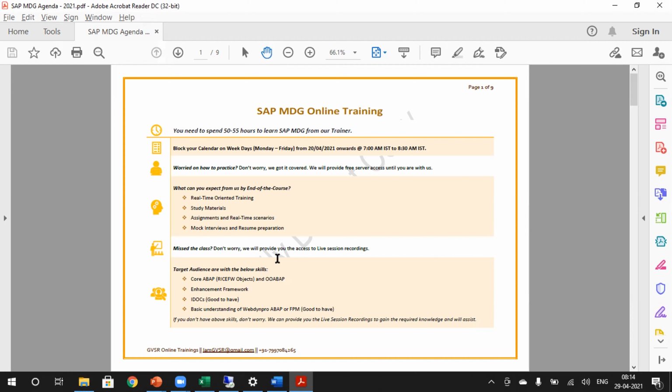So we'll be having different kinds of participants. This is my fourth batch, and from my previous batches I could see participants from different backgrounds. I had people from SAP background, SAP technical background, ABAP background.